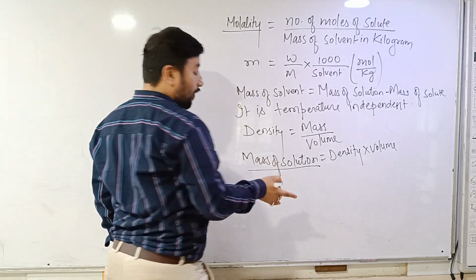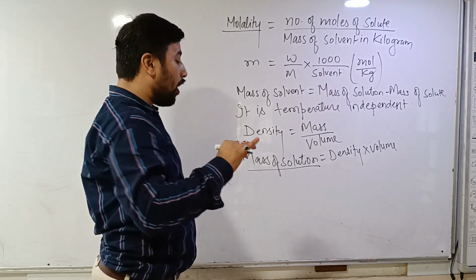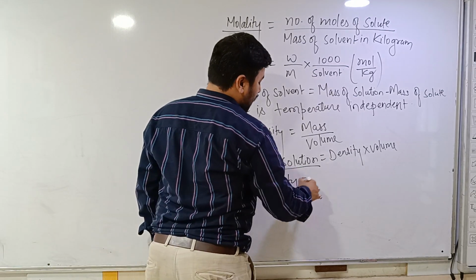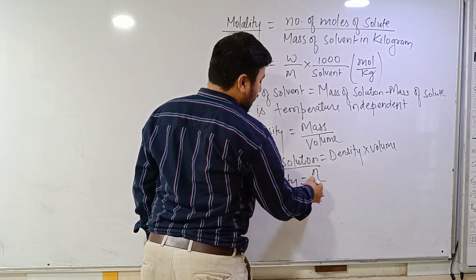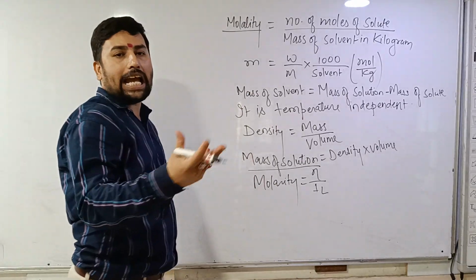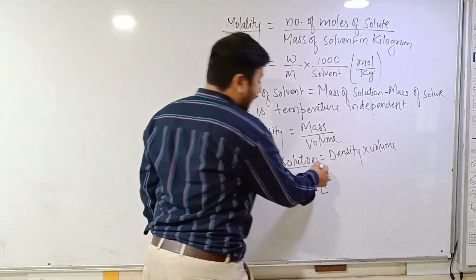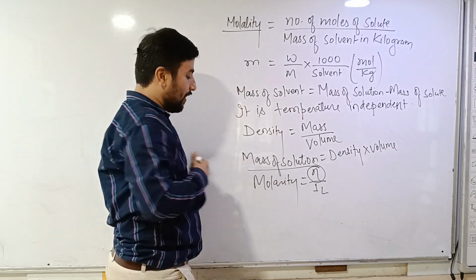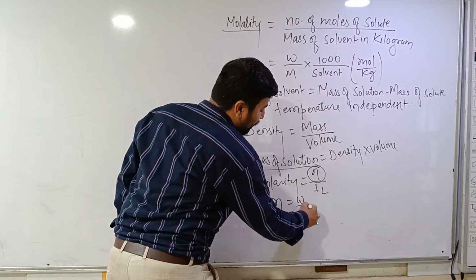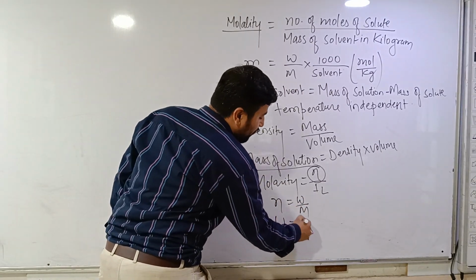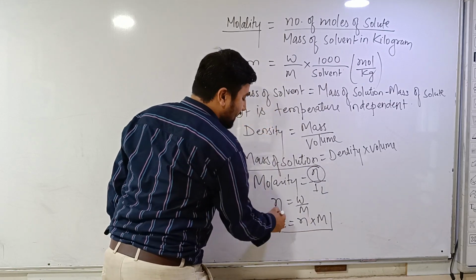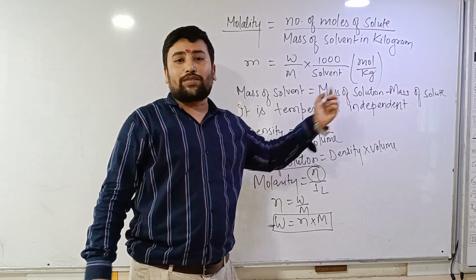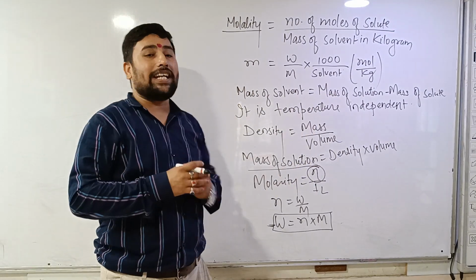Mass of solute will either be given, or if it is not given, then according to molarity, just suppose molarity is equal to n number of moles by 1 liter. That means n moles is there, and n is equal to given mass by molar mass. So that molar mass will be multiplied with the number of moles, and you will get the mass of solute. After that, as you get the mass of solute, mass of solution minus mass of solute, you can calculate